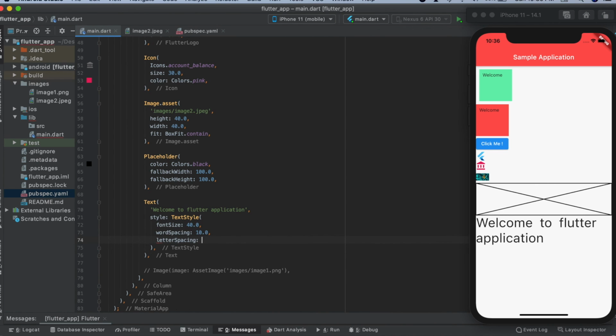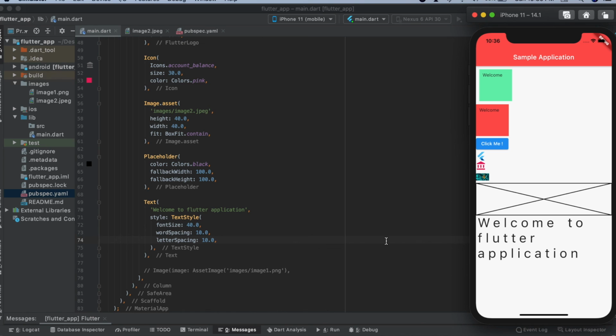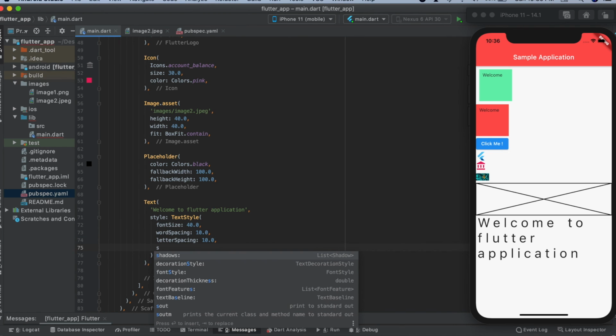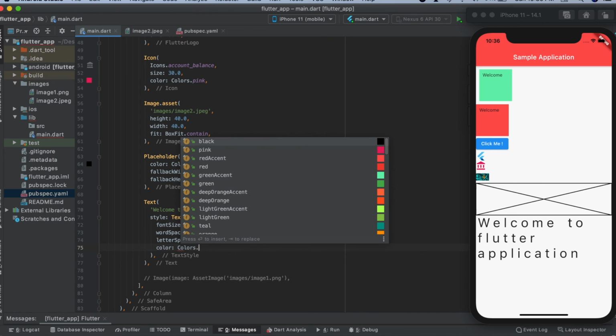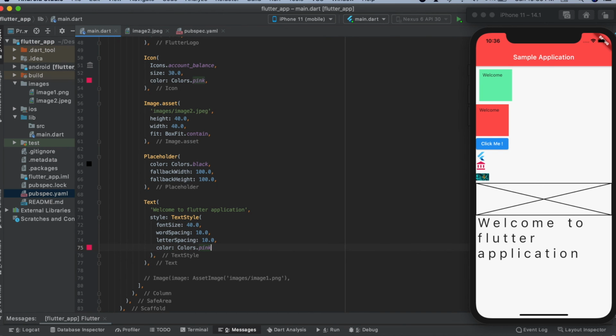Then we have letter spacing, which is the spacing between your letters. And we have other things such as color. Let me take it as pink. Okay, I took it as pink.